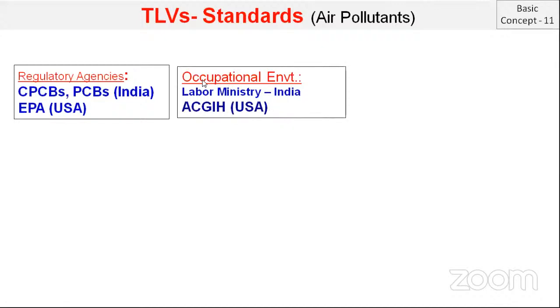There is another parallel environment. This is for general environment, public health, and this is for occupational environment inside industries. Inside industries, the levels are also fixed by an agency called the American Conference of Governmental Industrial Hygienists. American Conference of Governmental Industrial Hygienists. This comes under the ambit of Labor Ministry or Industry Ministry in our India, and inside the industries, inside the